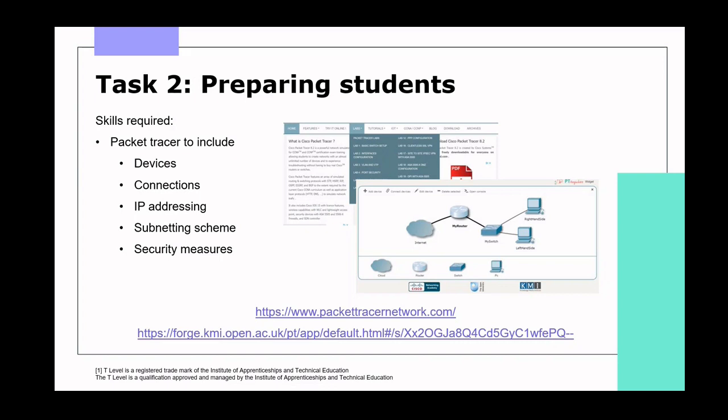And again, if anybody's not using it, there is a link at the bottom there where Open University have got the online version of it because they have got internet access for that assessment. So they could do the diagram using that as well. But even just for practicing, using Packet Tracer for getting the network put together, we don't endorse Cisco with it, so there's no requirement that the students have to be able to go in and use the routers, as in configuring it from a command line interface,